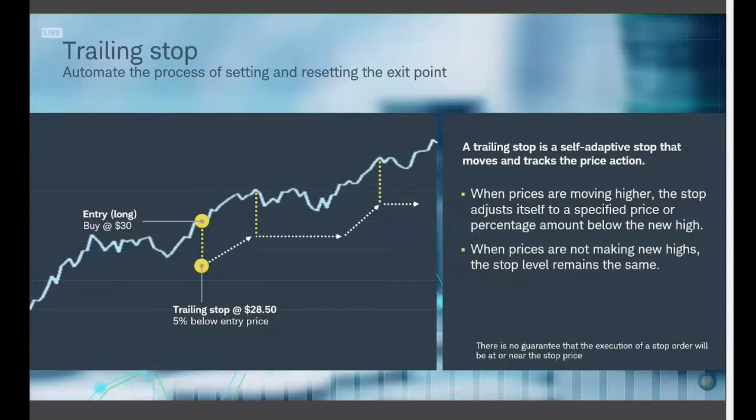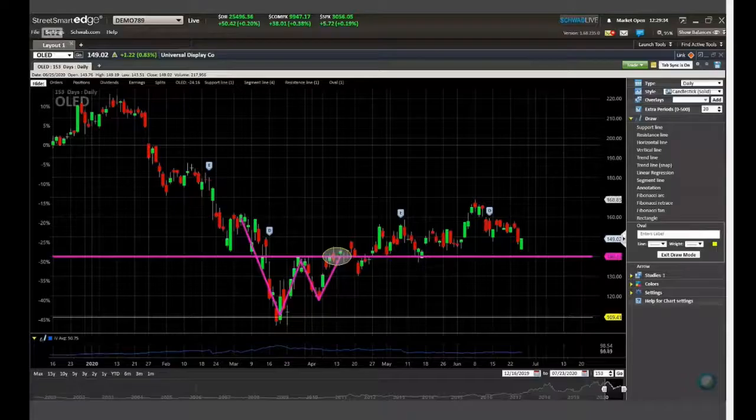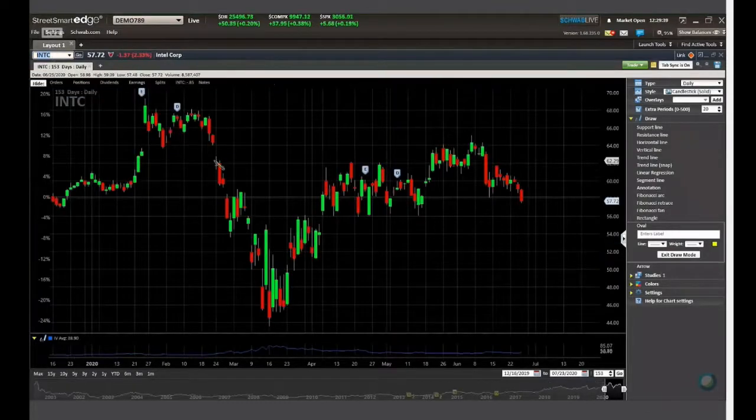Okay, let's look at Intel. So we're going to go over to INTC. Okay. Now, maybe you get into Intel after this comes up. Maybe we're late to the party over here. So we get into Intel right here. And what am I looking for at Intel? Maybe my reasoning for getting into the trade is I want Intel to benefit from the stay-at-home economy. So I get into Intel and I'm saying, all right, let's make 10% off of this. So I want it to go up $2 and some change. Maybe it does that and I exit the position.